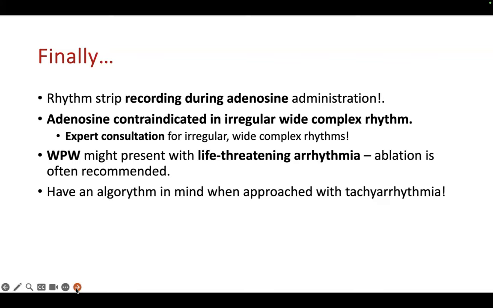Second of all, you might make the ventricular rate even faster, because you're just promoting more conduction down the accessory pathway. You're blocking the AV node, you're going down the accessory pathway more, and then you might worsen the patient's status. So WPW should be respected, and should be referred to EP service, and ablation should be highly considered. Otherwise you want to have an approach to how to approach an SVT case,